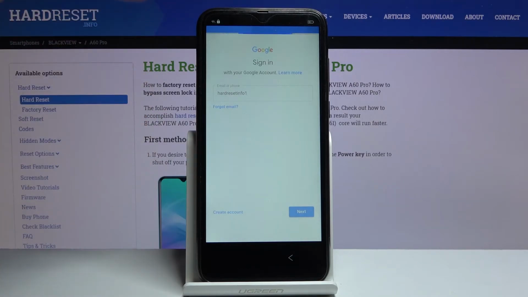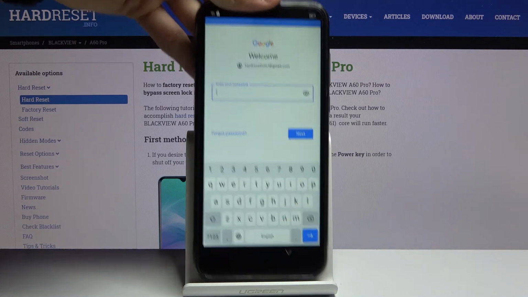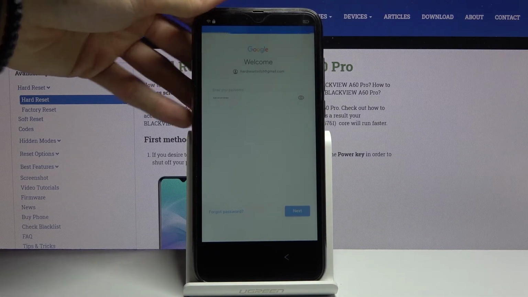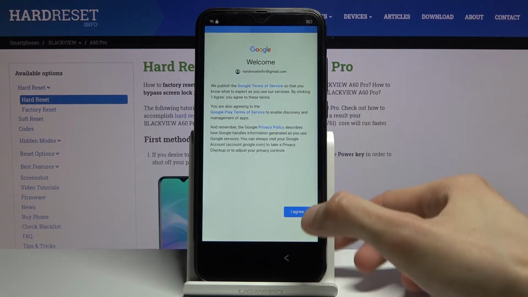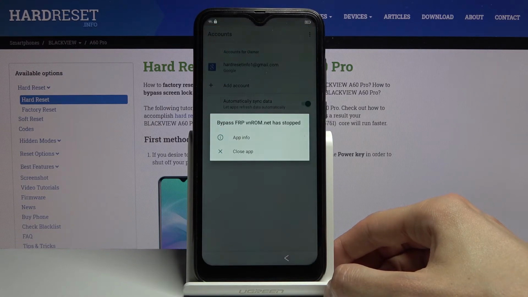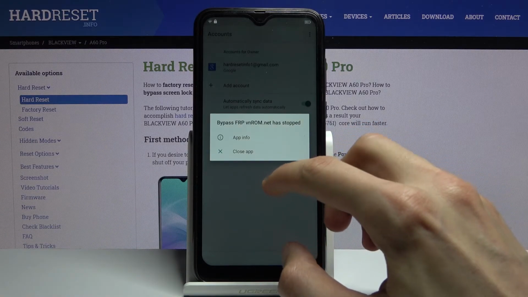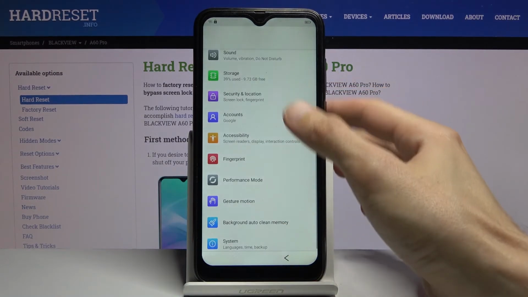Tap on next, and now I'm gonna put in a password. Once it gives me the option, there we go. Then tap on next. And let's agree. As you can see, this will now start appearing multiple times throughout the setup. So just simply tap on the screen to disregard it. And now let's go back to the